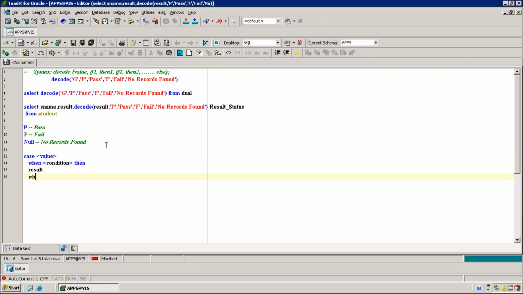Okay, again when condition 2 then result. Okay, and then else, and then result, and then end. So now tell me, how to do the above scenario using the case select?